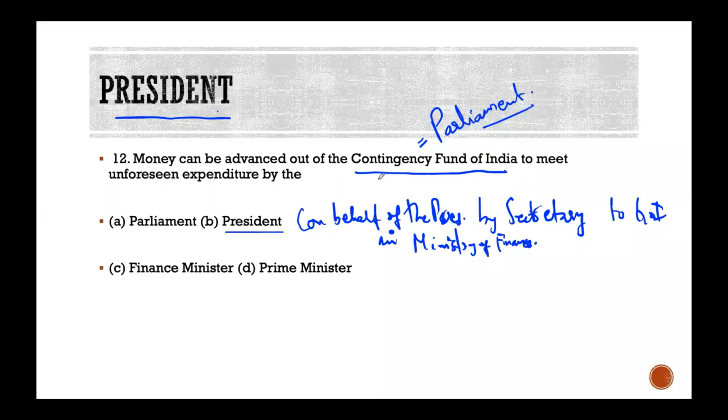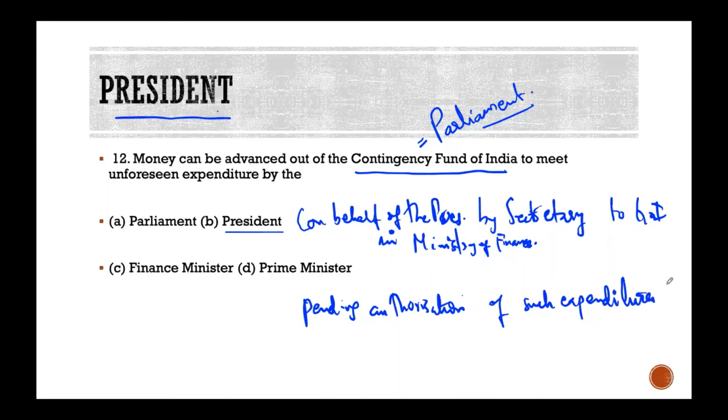But even if this advance is made, it is still pending authorization of such expenditures by the parliament. And how does the parliament authorize it? Through appropriations